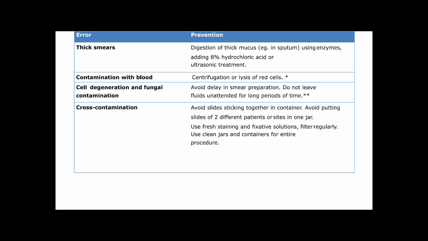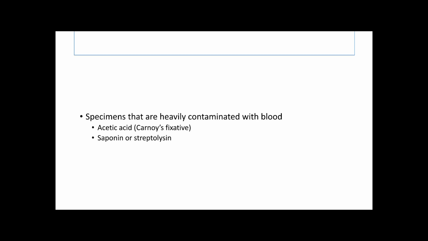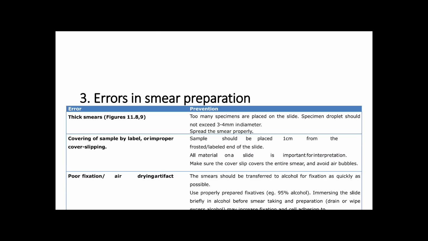Specimens with low pH such as gastric material must be collected on ice and processed within minutes of collection to prevent cellular destruction by HCl. So, for specimens that are heavily contaminated with blood, we can use acetic acid or saponin or streptolysin for lysis of the red blood cells. So next we will